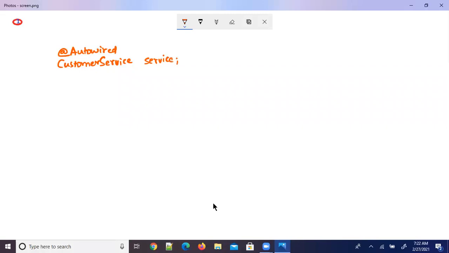See, here I am writing at a field level. At the field level, we can add the Autowired annotation. If I write at field level, this is called field injection. In annotations, we have field injection.